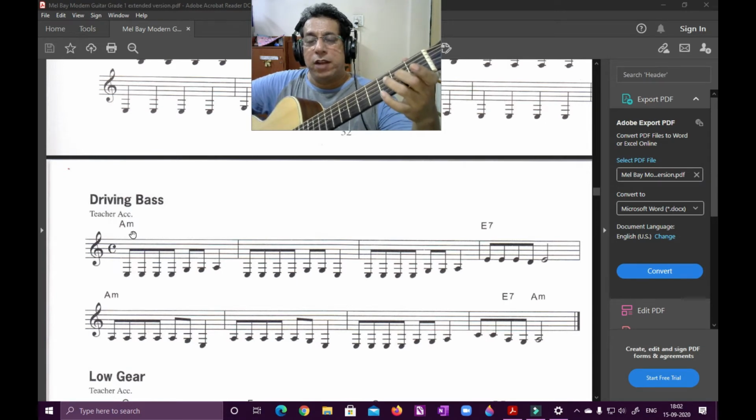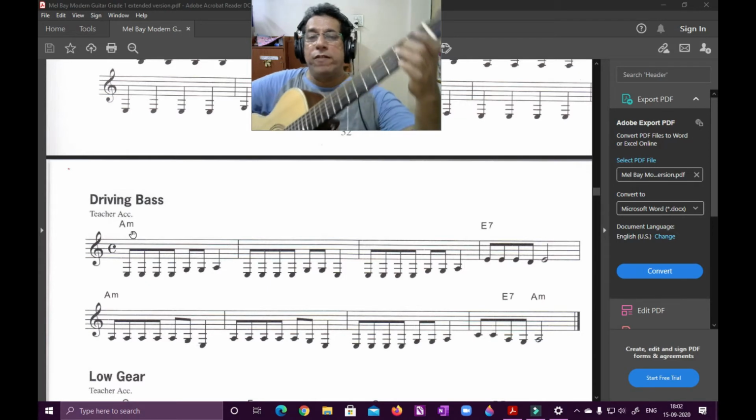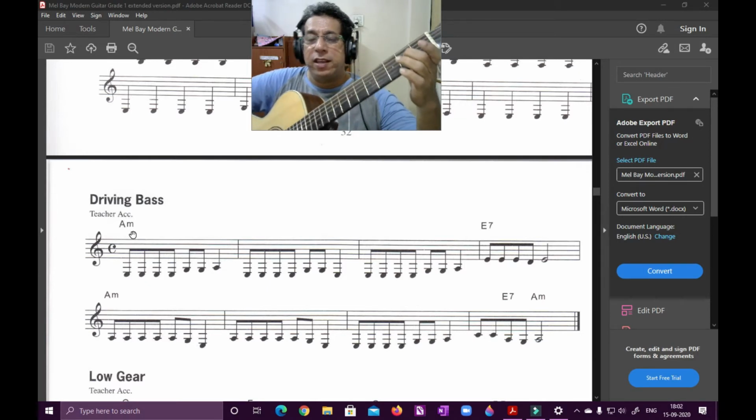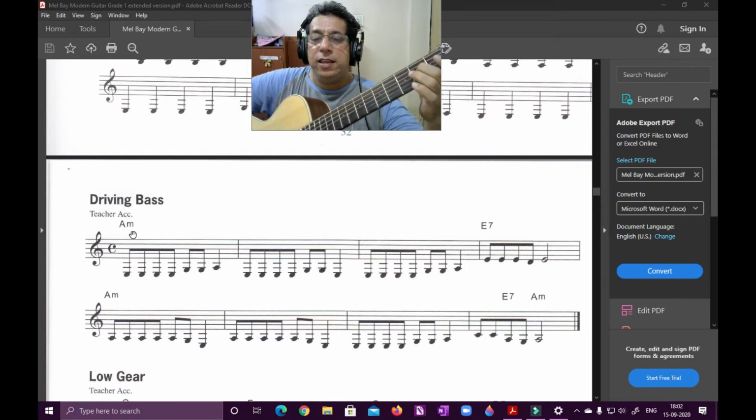Okay, so that 4th bar I'll play now. There are 3 E's, so I'll play 1 and 2, and now on the 2 and there is a D note, which is an open 4th string. So let me play those first 4 quavers with a beam. You can say E, E, E, D.